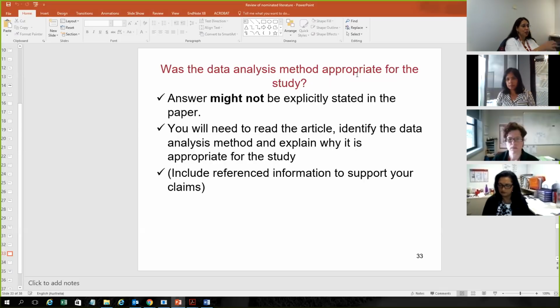So yes, you need to go back to the actual article. And if you can find those elements, then it's a suitable data analysis method. Does that make sense, everyone? All right. Shija, are we also looking for